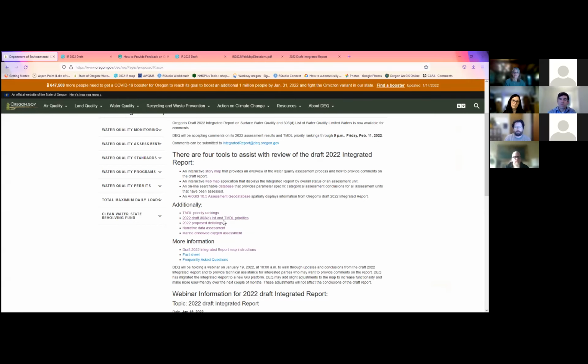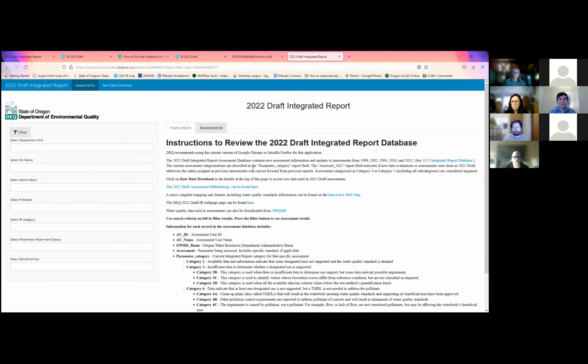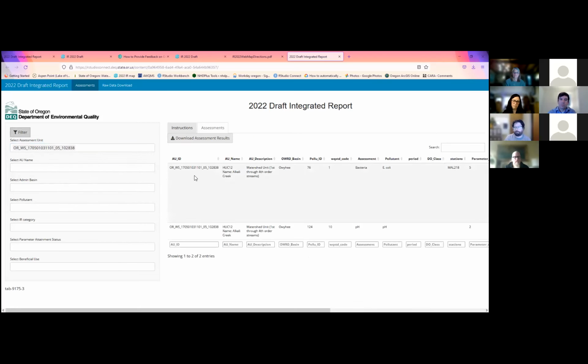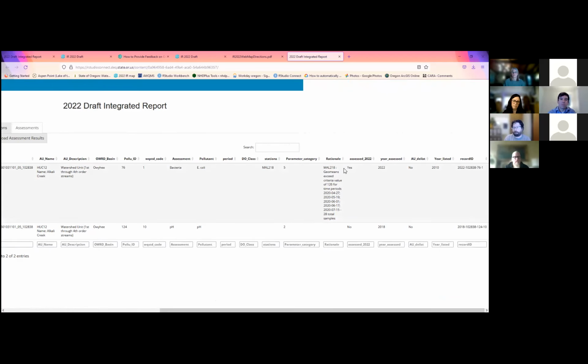We have additionally the online searchable database, which if you click here, takes you to the database. And for folks who have reviewed or interacted with the 2018-2020 integrated report, this will look very familiar. You can search for an assessment unit, click on filter, and it'll come up with the assessment unit ID, name, and whether we assessed it in 2022. One of the things that we tried to really make more explicit, as Becky was saying, is our rationale for why it got the conclusion that it did. So if we assessed in 2022, this rationale should be fairly comprehensive. So in this case, this one is